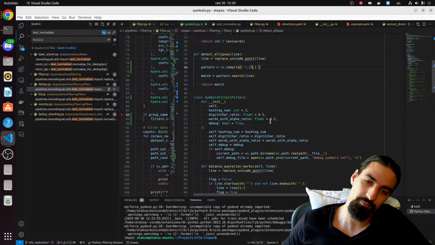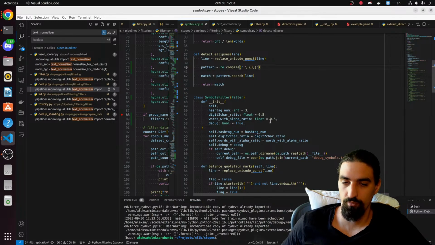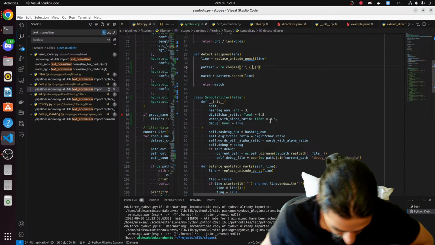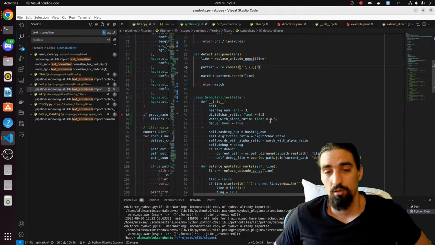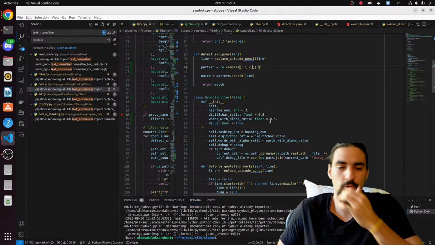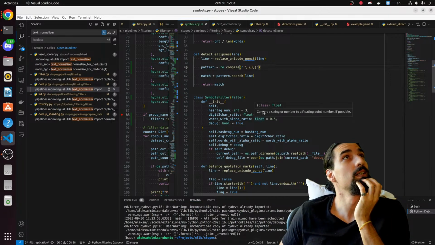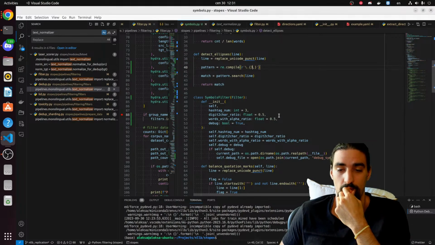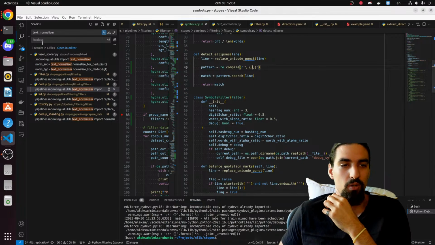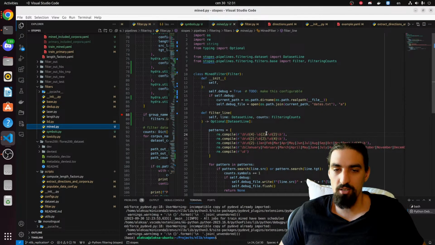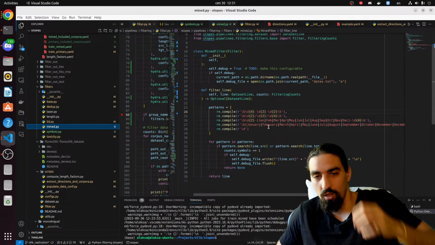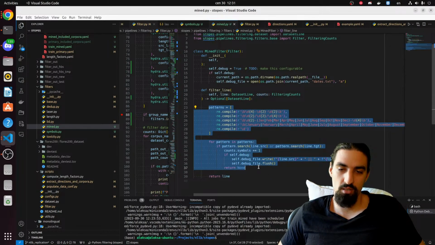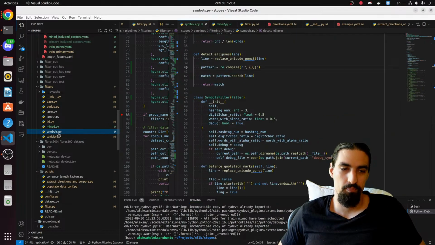So symbols filter. I think we will be able to, let me think for a second. Nah, it's good. I wanted to maybe merge symbols with that mind filter, which just basically captures the dates. Maybe we can do it. So instead of having mind and this one, because this is a fairly simple one, why not just grab this, go to symbols,